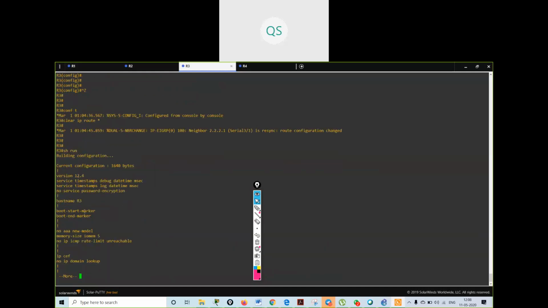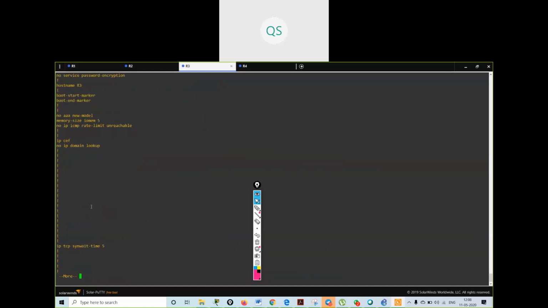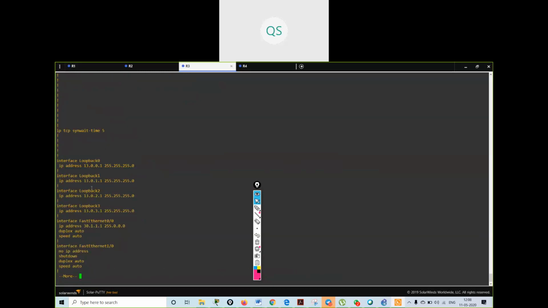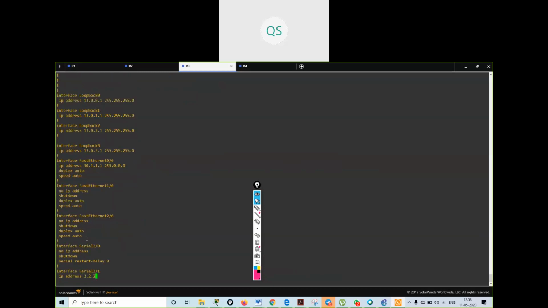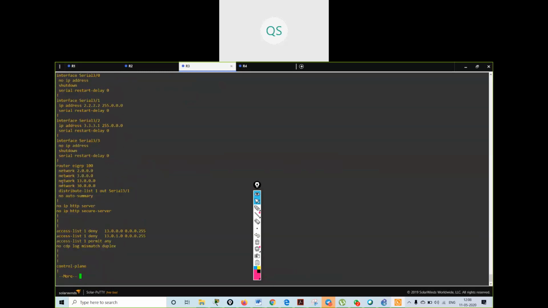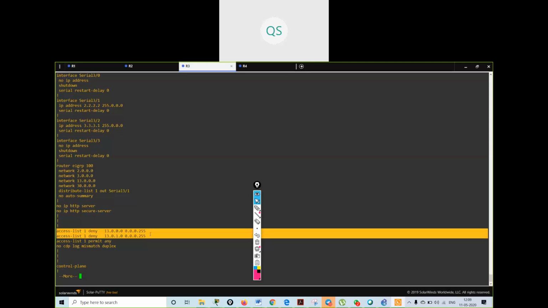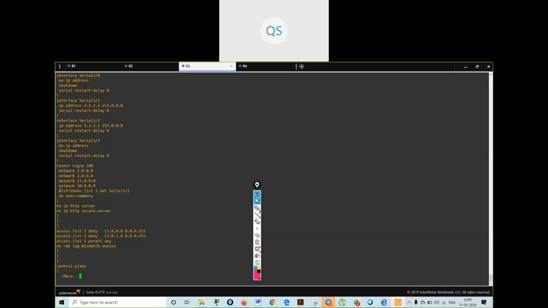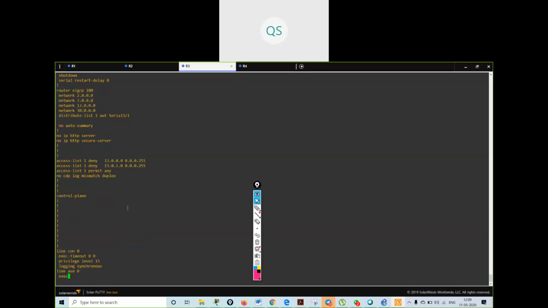I have created it on R3. See, I have created an access list that denies these two networks, and I have said in EIGRP distribute list 1 out going outside interface 3/1.